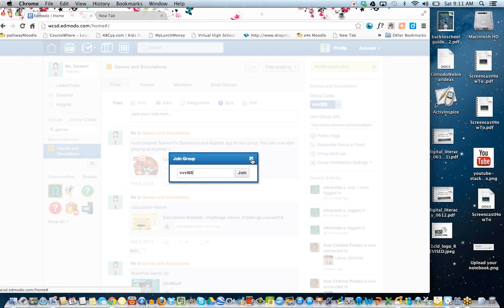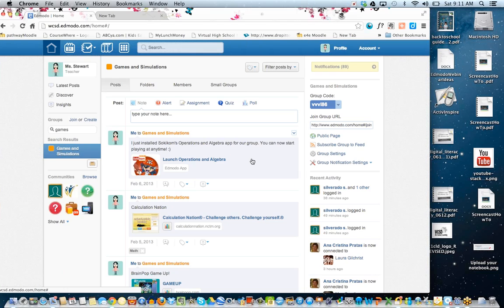So I bought quite a few paid ones, really the ones that were less expensive, just as an opportunity for you so that you could play them, because if there was a game that you were interested in buying, then it would give you an opportunity to try it out as a student in my class, to see if it was something that you might be interested in buying. So that's one reason I urge you to join this group, is because I have bought and installed quite a few games and simulations and given access to this games and simulations group. So if you join it, you will then have access to them.